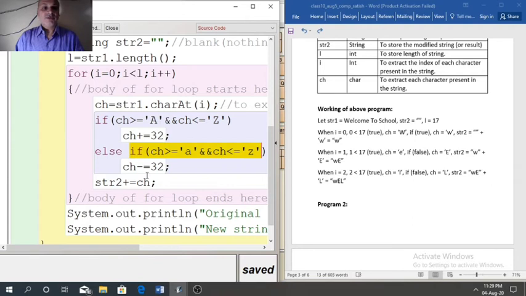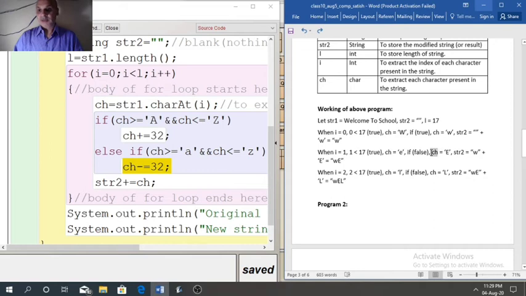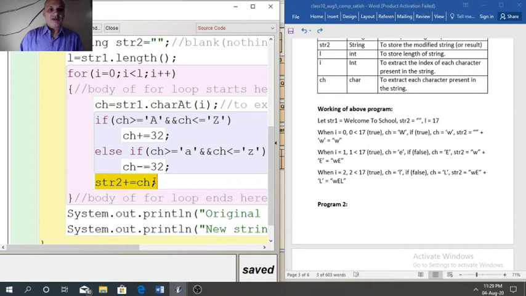So small e will change to capital E. So that is why ch will update from lowercase to uppercase letter, and after update this statement will run. It will add the new value of ch in the result.